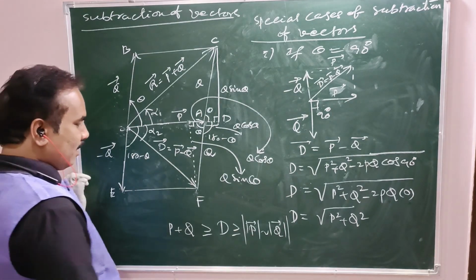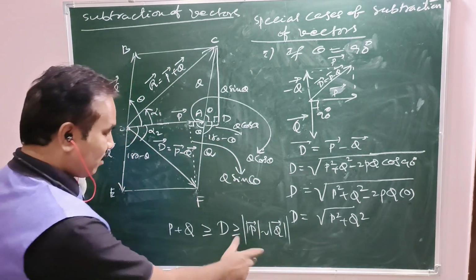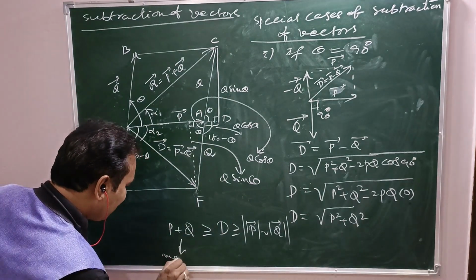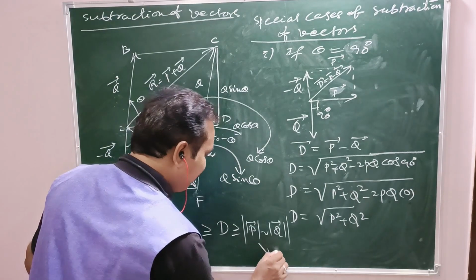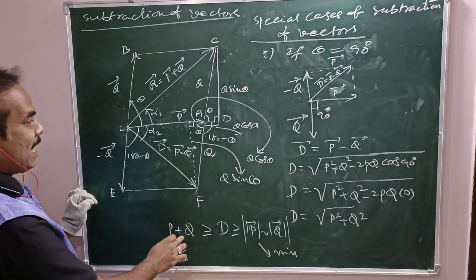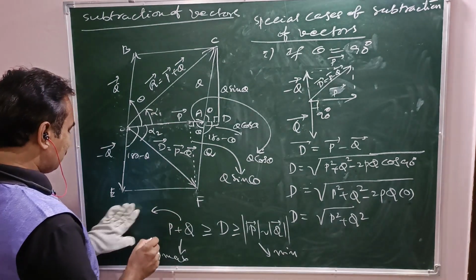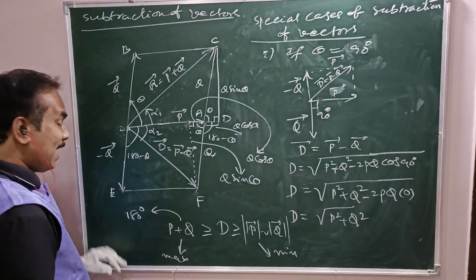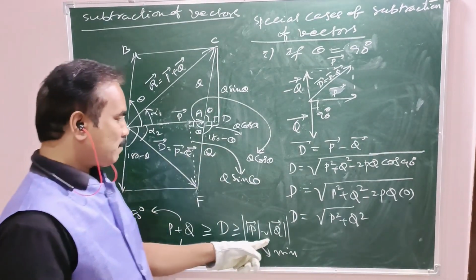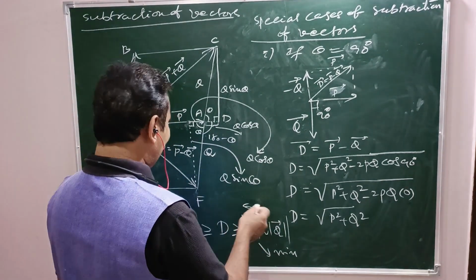Of course, here it is larger value minus smaller value. No need to get a negative value here. So here it is maximum resultant, maximum difference. Here it is minimum difference. This value can be obtained when the angle between the given vectors is 180 degrees. 180 degrees means anti-parallel vectors, where we can have the maximum resultant among all possible angles. As far as parallel vectors are concerned, we can have the minimum resultant, in the sense of 0